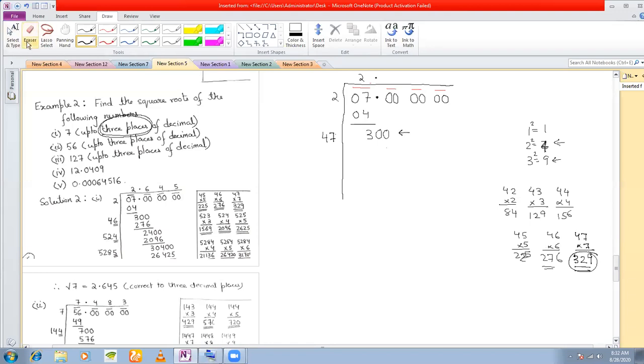So what you do here is we choose, instead of 7, we choose 6 here, because you see that 46 into 6 is 276, which is less than 300. But 47 into 7, 329, is greater than 300. Therefore, obviously, you're going to choose 46 into 6. So you write your 6 here, and you write 6 in between these two zeros, the first pair of zeros. Okay, and here you get 276. Any questions here?